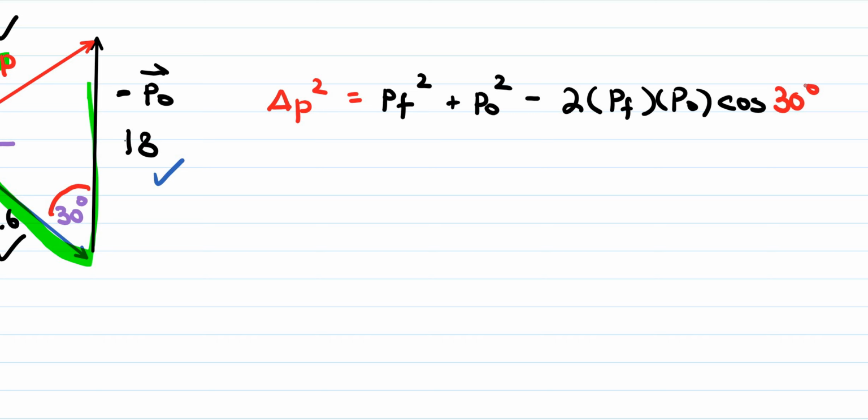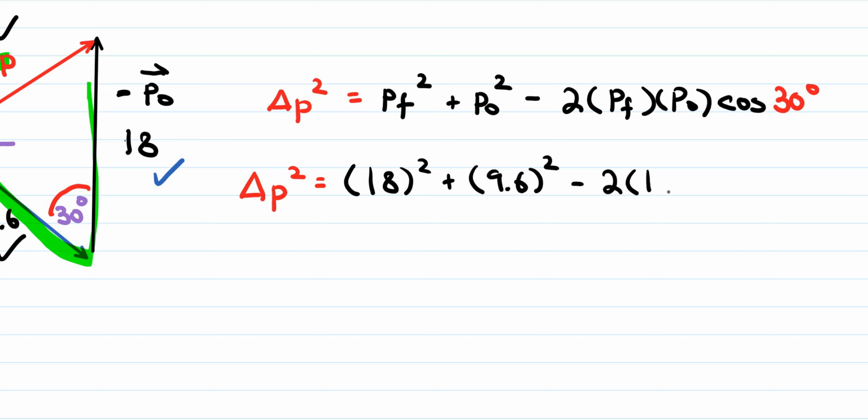Okay, so there's your cosine law right there, and all we have to do here is just kind of plug in the numbers here, and then we can find the magnitude for our change in momentum here. So our final momentum here is going to be 18. So I square that. Our initial momentum here was 9.6, the magnitude that is, squared, minus 2 times 18 times 9.6 times cos of 30 degrees. And then from here, we're pretty much off to the calculators now. So our change in momentum here, and the right-hand side is going to equal